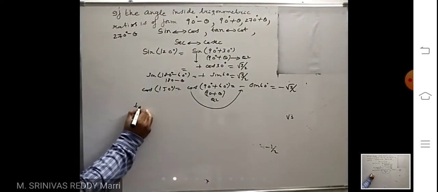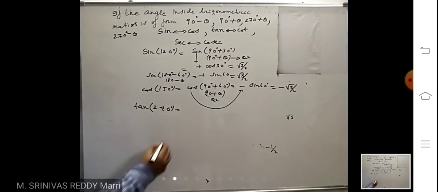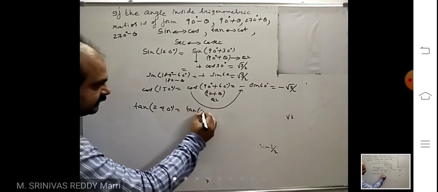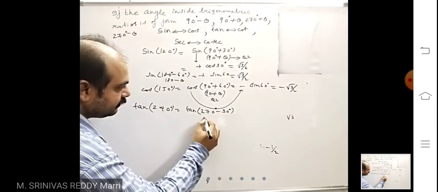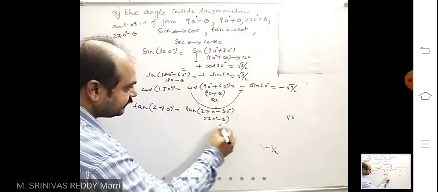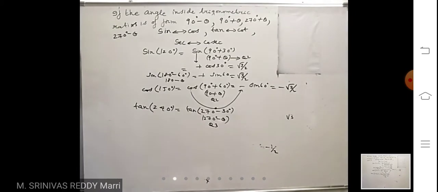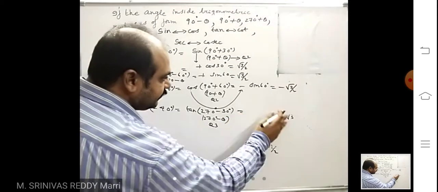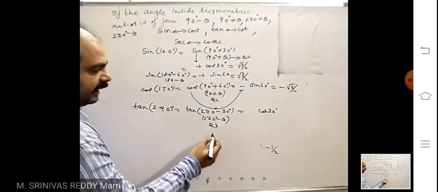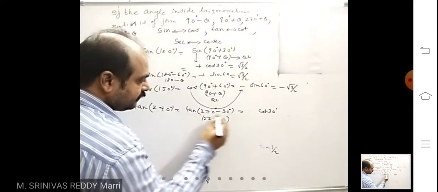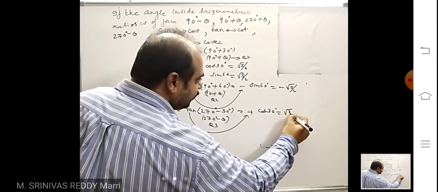Suppose take an example. Tan of, let us say, 240 degree. Suppose you have chosen to write 270 degree minus 30 degree. So 270 degree minus theta. 270 degree minus theta means quadrant 3. So write cot. Tan will convert into cot. Cot 30. And then in quadrant 3 tan will be what? Tan will be positive. So that means this is nothing but plus cot 30, that is the tabular value.